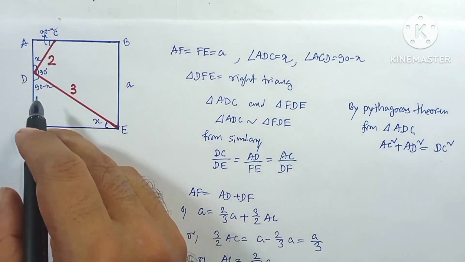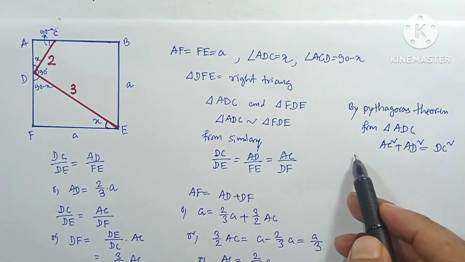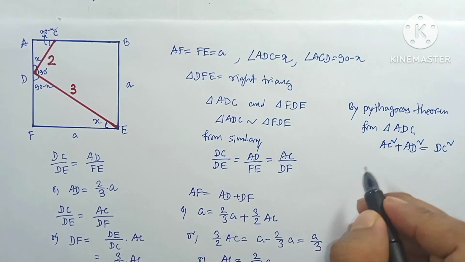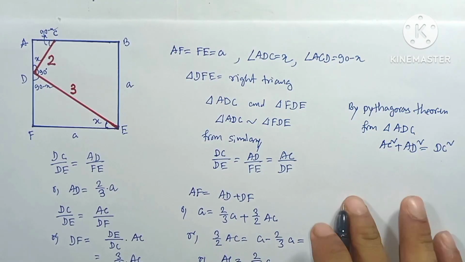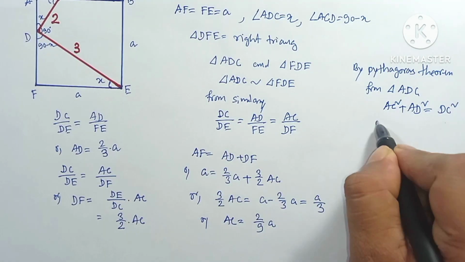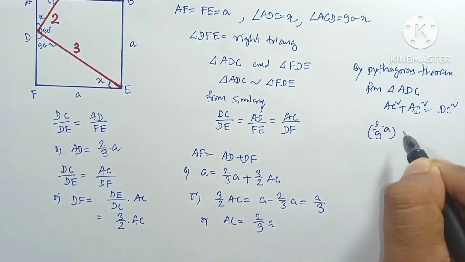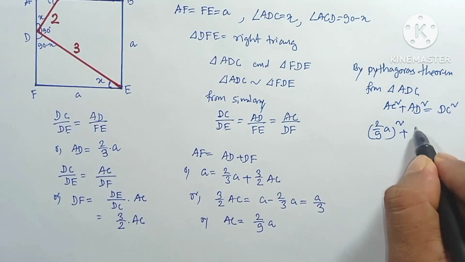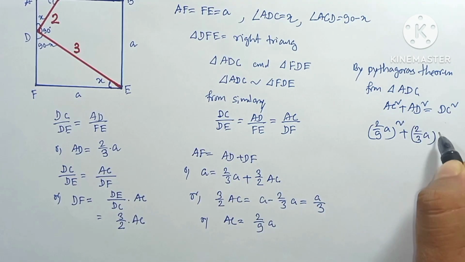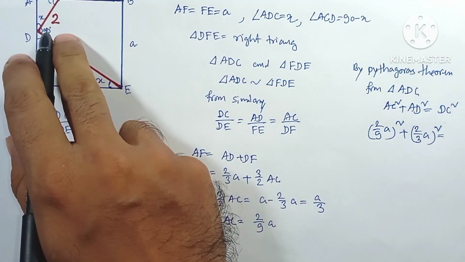So now substitute the value of AC and AD here. So this AC is 2 by 9 times a, squared, plus AD, which is 2 by 3 times a, squared, is equal to DC, which is 2,